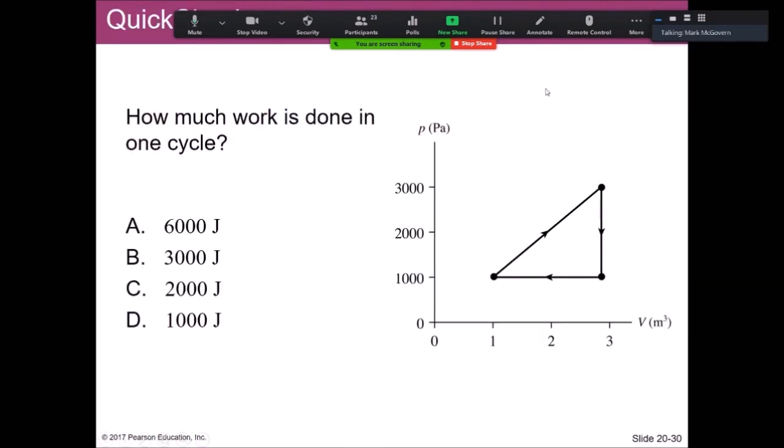Okay, how much work is done in one cycle? So this is a process here. We don't have a starting point, but let's say we start in the bottom left here. We got something going up and to the right. That's an unknown process. Then we have an isochoric process followed by an isobaric process. But what's nice about the unknown process is that it has a relationship between the pressure and the volume that makes the work very easy to figure out. So why don't you tell me and pick a letter and let me know how much work was done here.